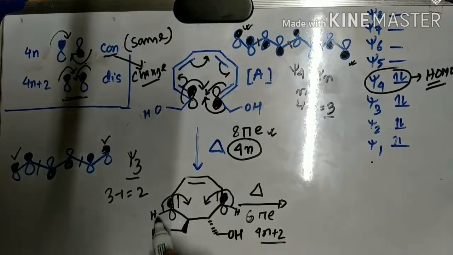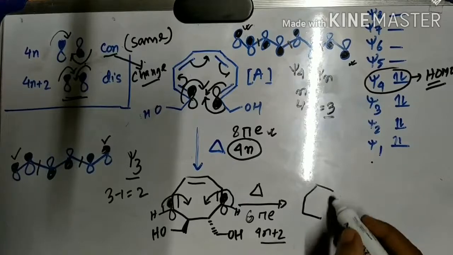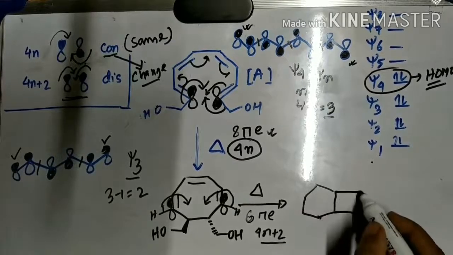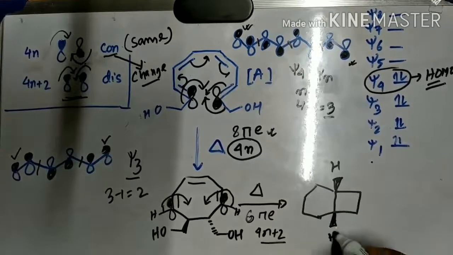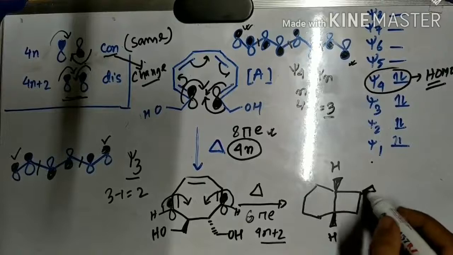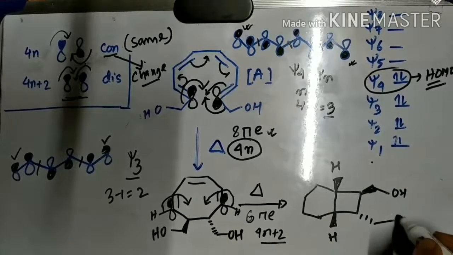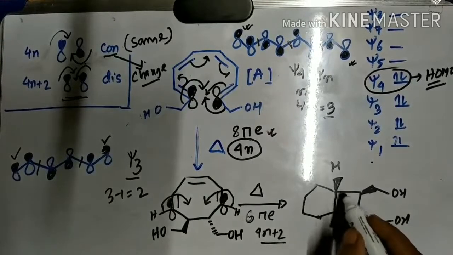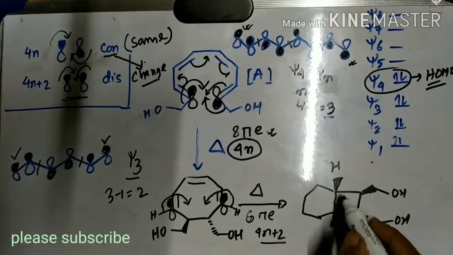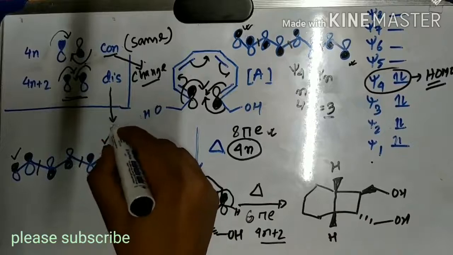And hence what will happen? This hydrogen and this hydrogen both will come above the plane, right? So guys, a 6-membered ring will form. This is the 6-membered ring, and in this case both hydrogens will come above the plane. And previously this CH2OH was there, like this only it will be there. So guys, here you can see there will be no change of the stereochemistry in both centers. So D for this rotation, and don't change the stereochemistry.